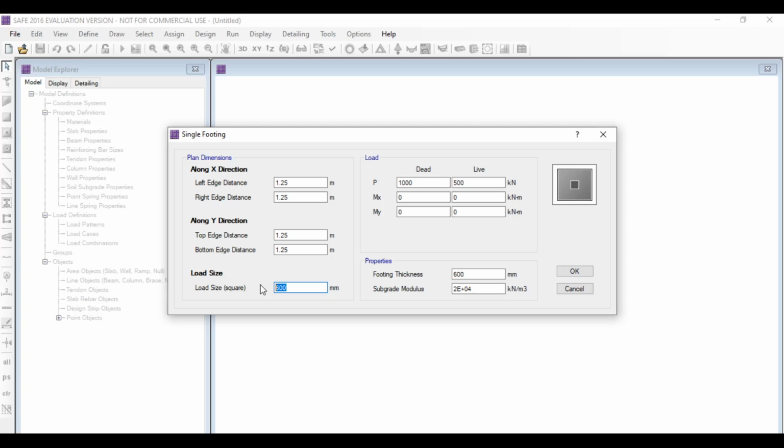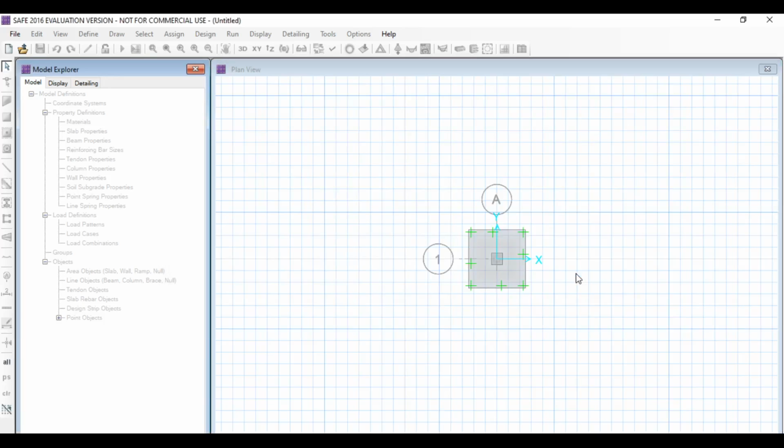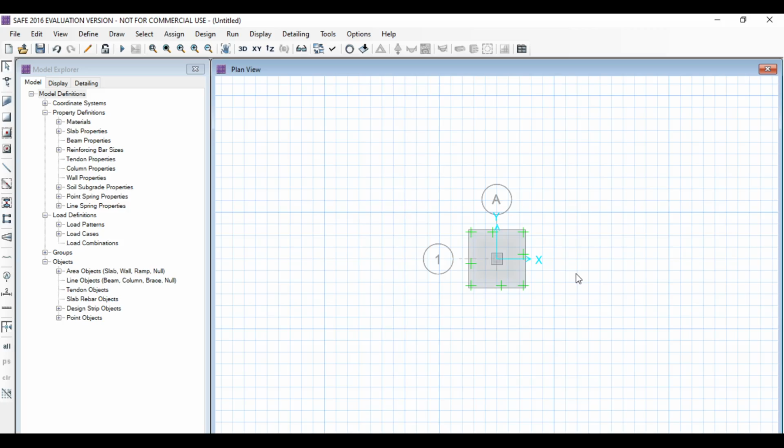Load size: put column size as 500 mm, dead load as 500 and live load as 300. Take initial footing thickness as 500 mm, subgrade modulus as 15000. Click on OK. So initial data has been set.